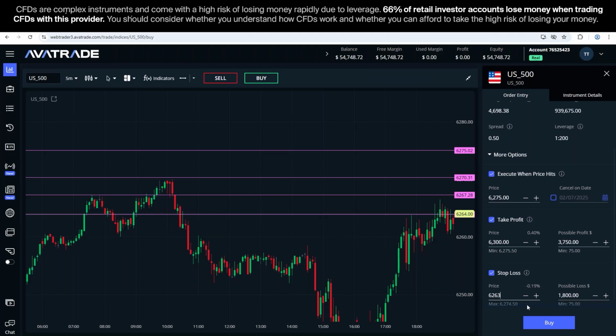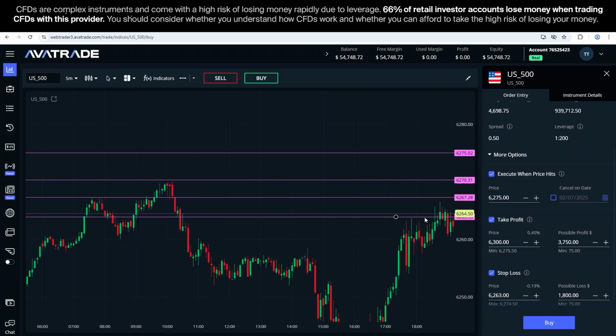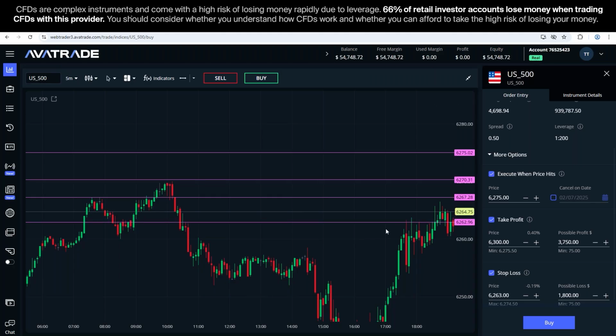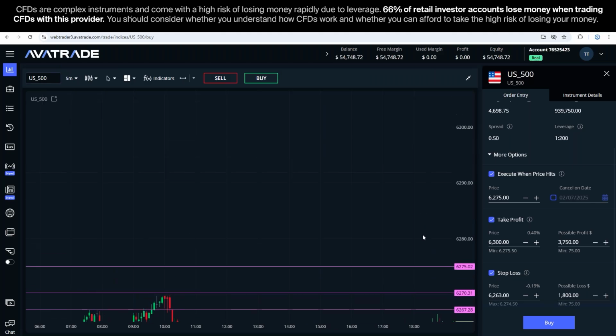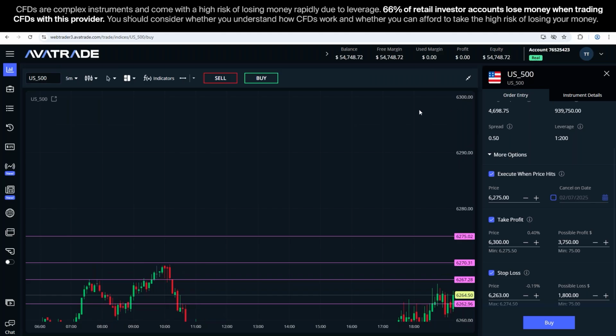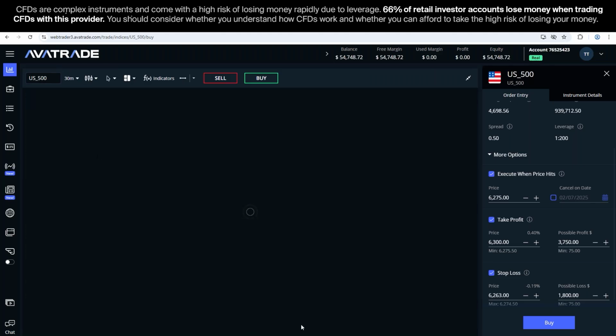So 62,63. Okay, I can shift this down just a little bit. 62,63. Okay, so there's my stop loss, and I'm risking about half, less than half of what the potential profit is here to the first round number, remember, at 6,300 up here. If that's going to be my take profit, 6,300, right there, okay? So now we go back to larger candles, maybe 30-minute,